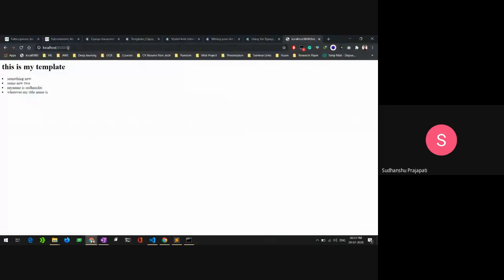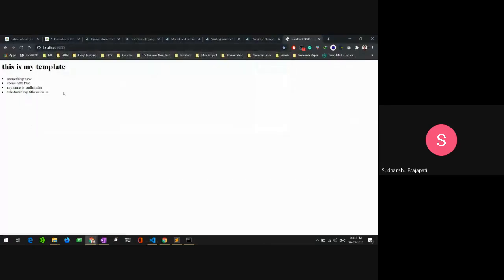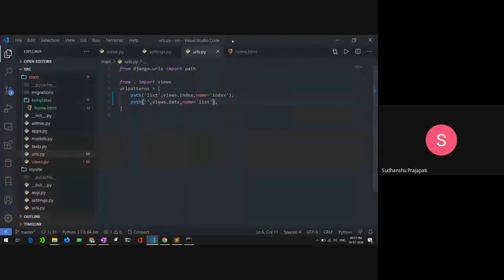Like here, I'm revealing my localhost, and you can see I changed my localhost index URL to the view that we created, the data view. That's why I'm changing here. So it's not a very big or heavy task to assign URLs and change URLs after you create them. So simple.